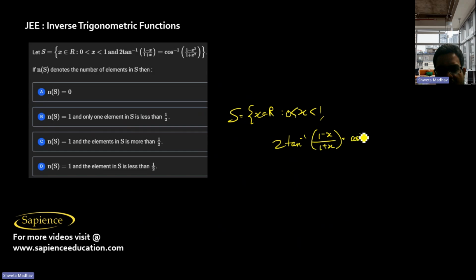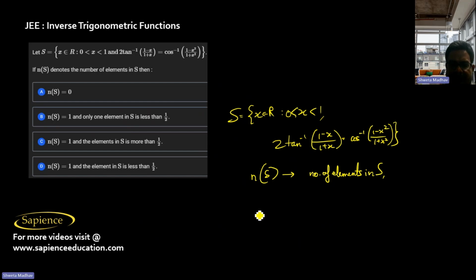Then here it is told, let S be the set of all those x belongs to R such that x goes from 0 to 1 and 2 tan inverse of 1 minus x by 1 plus x is equal to cos inverse of 1 minus x square by 1 plus x square. If n of S denotes the number of elements in set S, then,